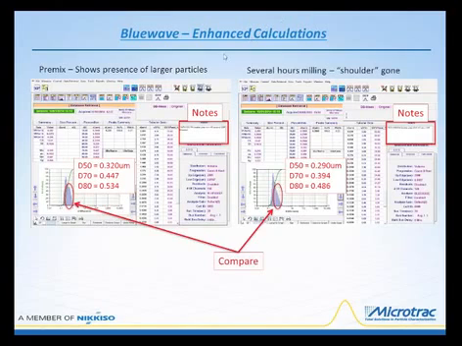The blue wave with enhanced calculations, I'm just showing you the data from the first step from the premix with this big shoulder, and then the final after the milling time was completed. Over here, one of the things,